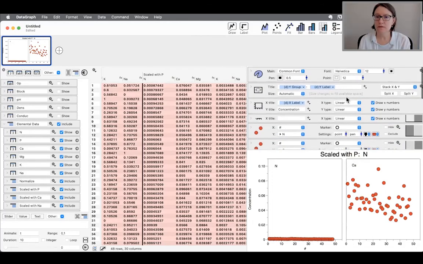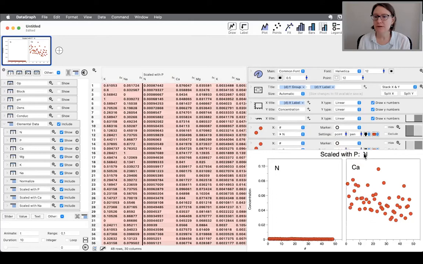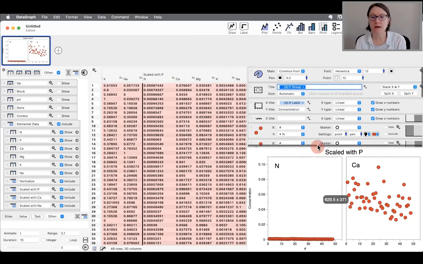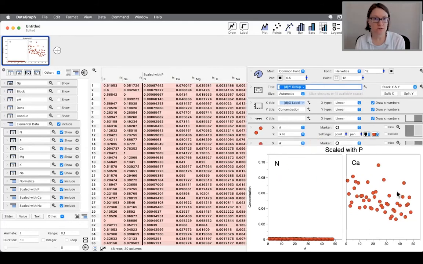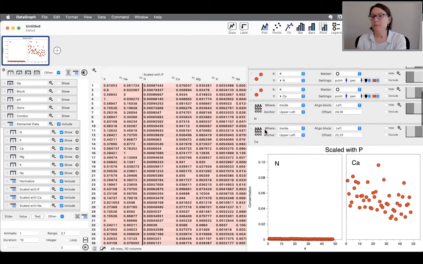Let me go ahead and make these bigger. I try to use the style settings when I'm doing things like this, so I can have all my labels kind of scaled up similarly. So now they're much, much larger. And I'm going to get rid of this label that's here. So just delete that. Okay, so now I have two different commands,